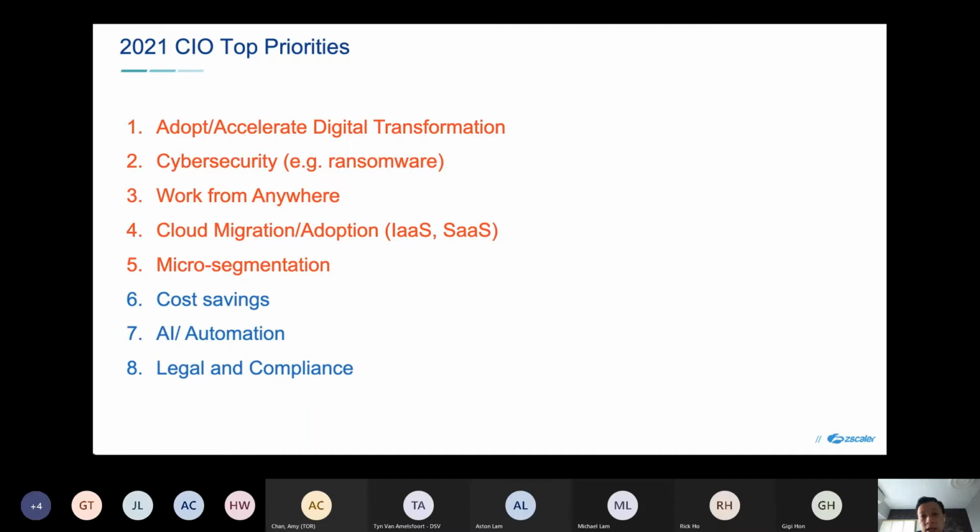This has been a top priority for many years, honestly, at least more than 5 years. But at the same time, we are also seeing cybersecurity again being another top priority, probably because of ransomware. We are seeing more and more ransomware, and some ransomware actually will leverage other solutions as well to penetrate into the customer level. We will touch on it a bit in the upcoming few slides.